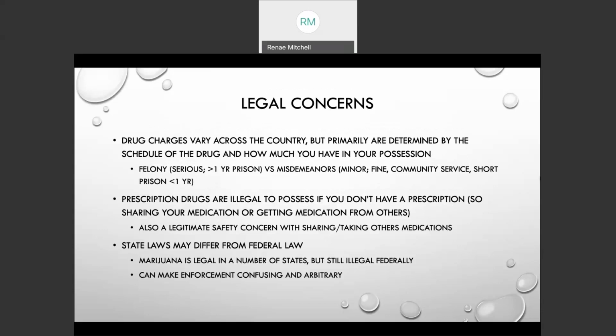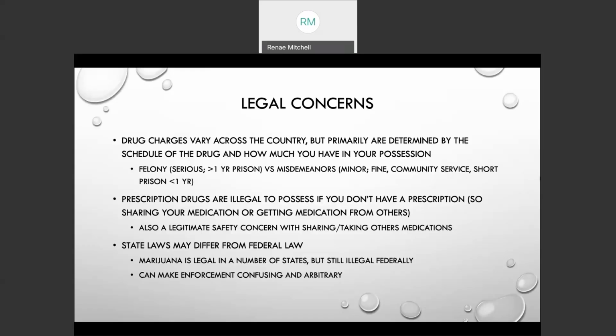And so these schedules, again, regulate the possession and distribution of these drugs. And if you are in possession of a substance that is a controlled substance, it falls in the schedule system under this act from 1970, then there's a legal liability for that possession. And so if you are caught, it is up to the prosecutor to bring charges, and those charges vary widely